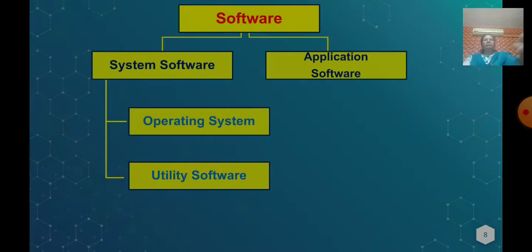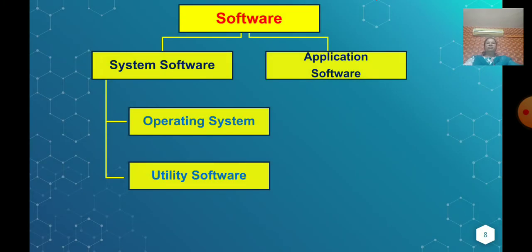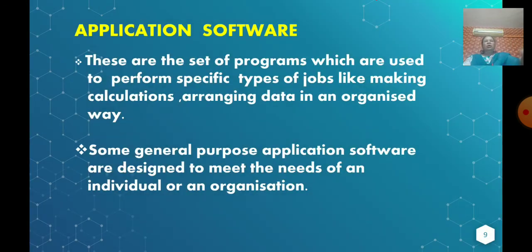Now we will move into the application software. So what is application software? The application software is a type of computer program that performs a specific personal, educational or business function. Each program is designed to assist the user with a particular process, which may be related to productivity, creativity or communication. So that is application software.